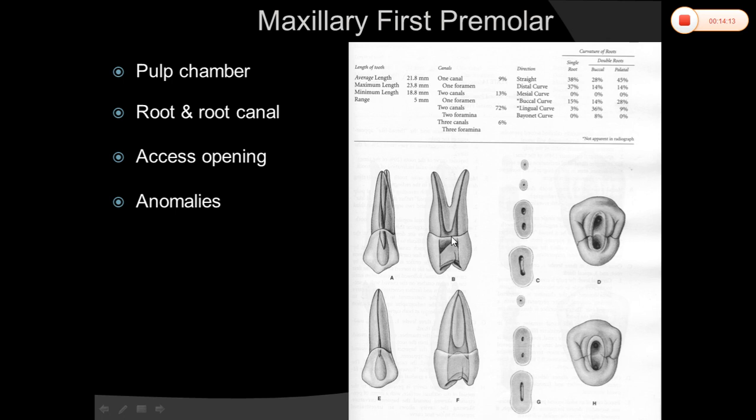Coming to the maxillary first premolar, in the majority of premolars there are two canals and a furcation groove which is present on the palatal aspect of the buccal root. The pulp chamber is wider buccolingually than mesiodistally, and the palatal orifice is slightly larger than the buccal orifice. You can see 1, 2 or 3 roots and canals sometimes. If there are 2 canals, they are called buccal and palatal. If there are 3, they are called mesiobuccal, distobuccal and palatal. The access cavity preparation is oval or slot shaped. In 90% of the cases, you can see 2 canals.